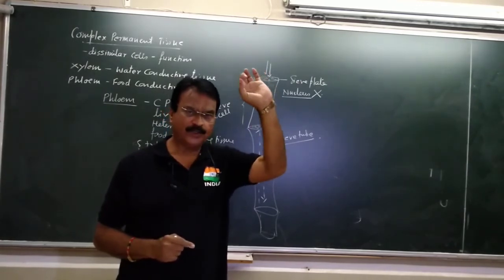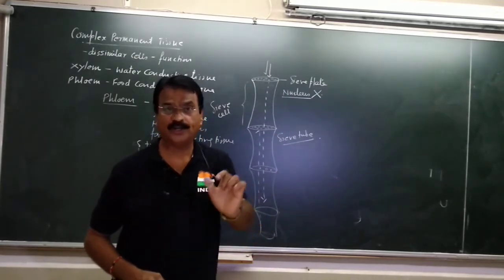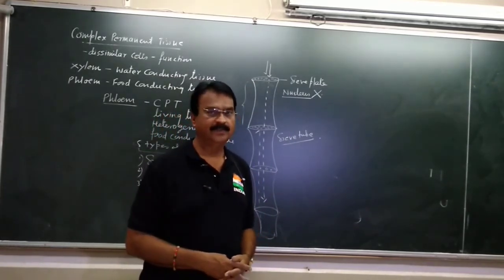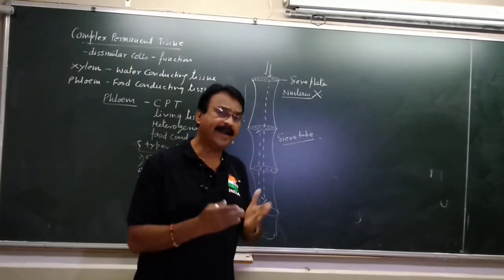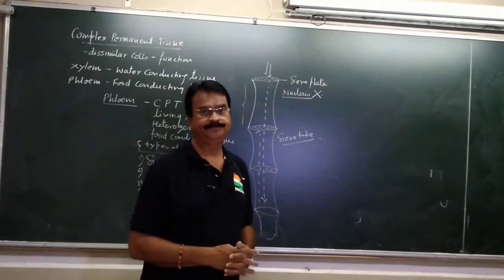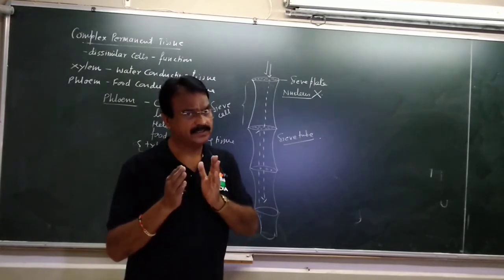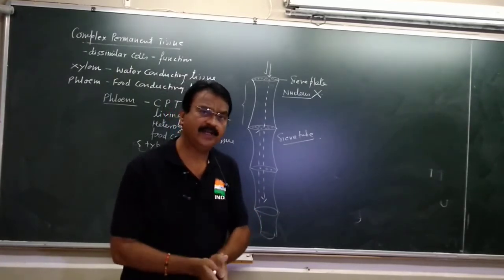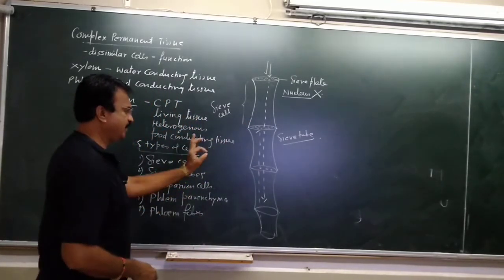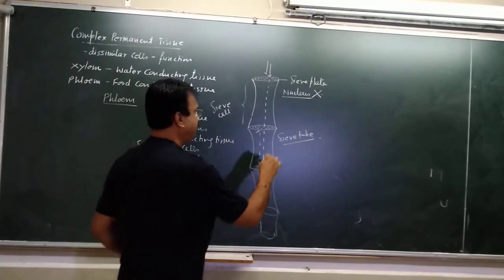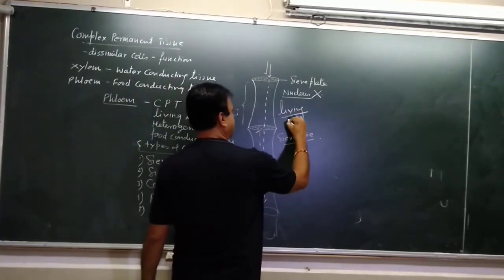The leaves which are present on the top, they will prepare the food and the food will be transported to the roots, because the roots cannot prepare food, they are underground. So the flow of the food material in phloem is bidirectional or multidirectional. And phloem is a food conducting tissue, and in xylem the flow of the water will be in upward direction. So this is sieve cell, this is sieve tube. These are living cells. And the function is food conduction.